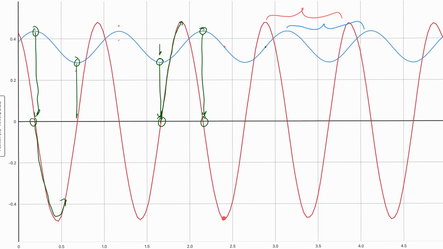Looks like 1 second to me. Let's do the blue one. The blue one right there at the top is at 2.18 seconds to 3.17 seconds. That sounds like a second to me. So I think the periods are the same. If the periods are